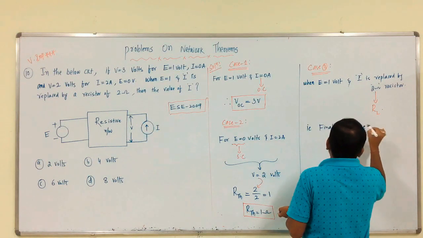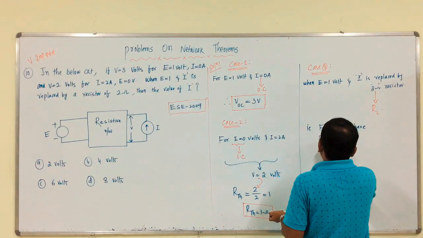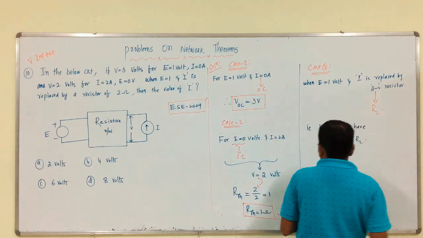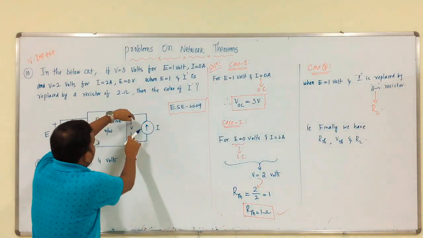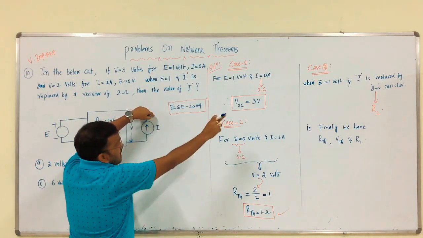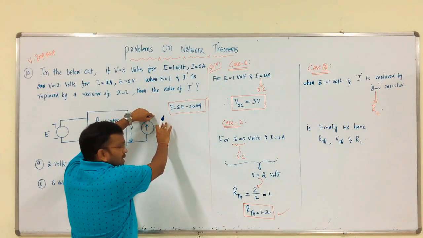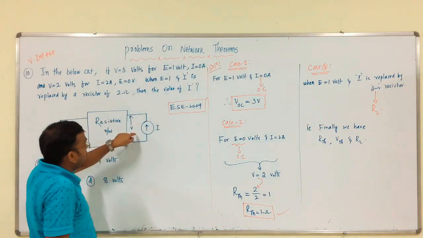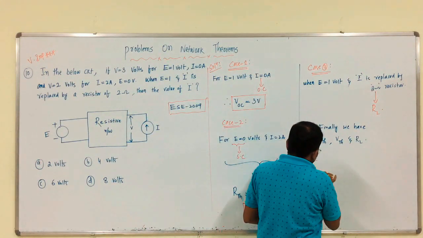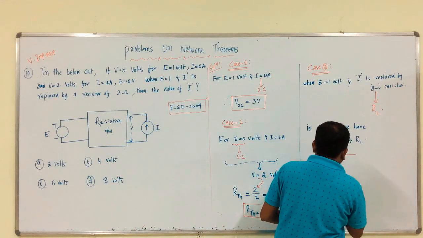Finally, we have to calculate what? Voltage, right. RTH, VTH and RL. So, we have to calculate the voltage across this branch. At this case 3, when V is equal to 1 volt, the current source is replaced by a resistive branch, means we have to calculate the voltage across this branch. The circuit becomes, we have to draw the circuit, then you have a clear idea, right.